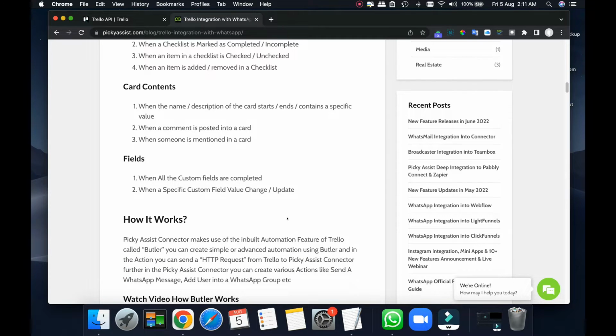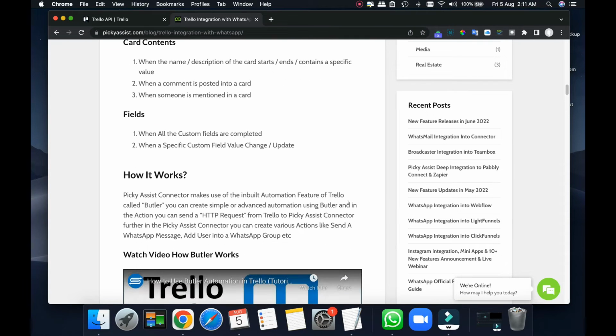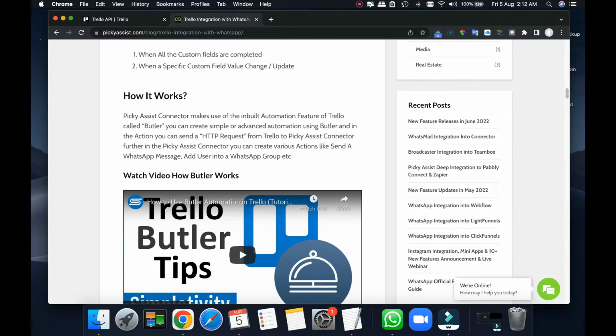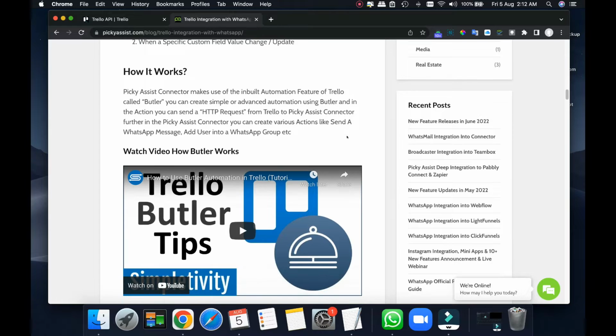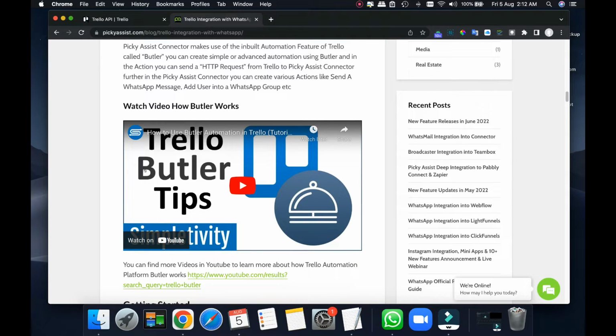This integration basically works with the Picky Assist connector, and we make use of the inbuilt automation platform of Trello, called Butler. Those who are very new to Butler, we have a video available here that you can play to understand the basics of Butler and how the automation works. This how-to video has two parts.